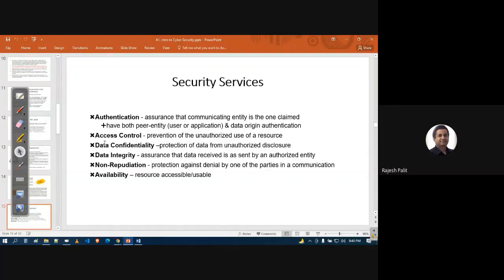Meaning what you sent, you have got that one, nothing else. Then the non-repudiation. And then availability. Availability already discussed. Now let me tell you what non-repudiation is. Non-repudiation means,